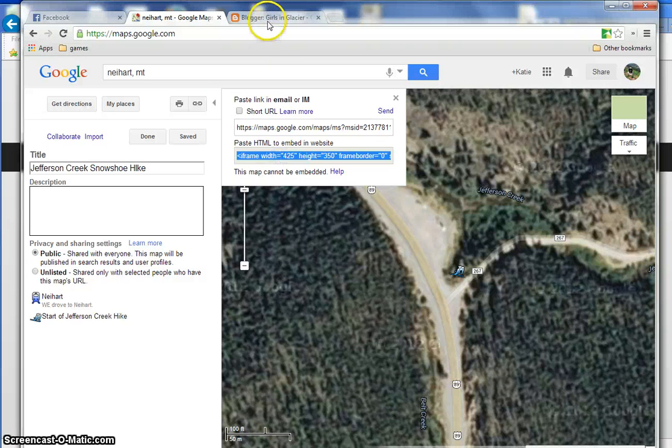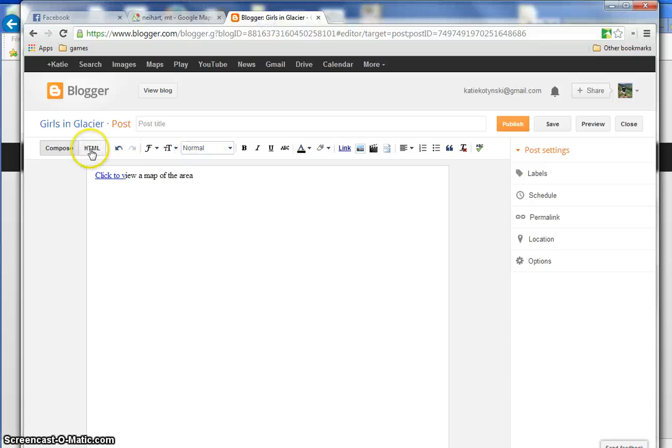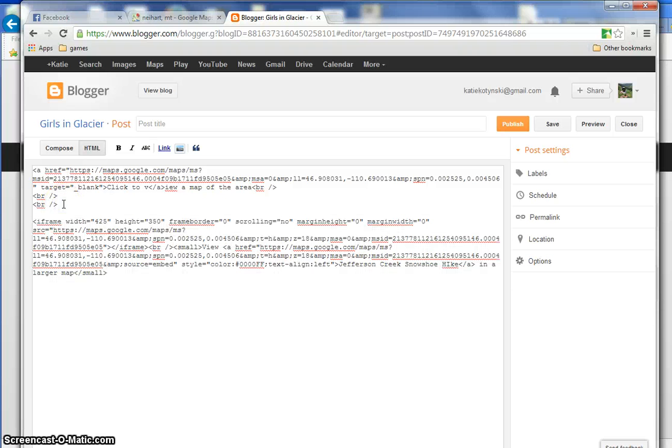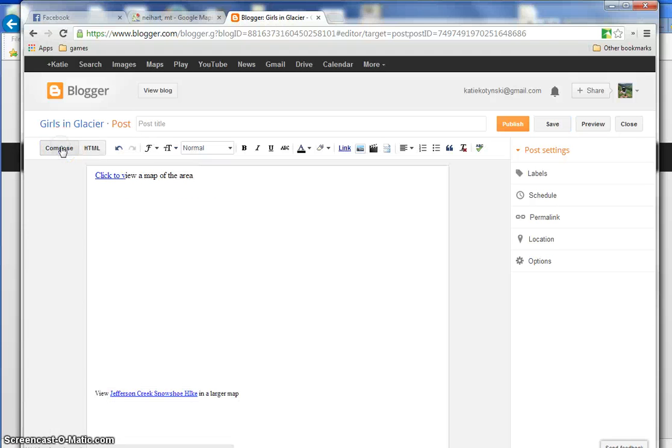Copy that, go back to my blog, and if I'm using an embed code, I have to click on HTML. And I'll put my cursor where I want to embed that, and then I can pop back out to compose. I'm going to click save, click back on compose, and hopefully now when I publish this,